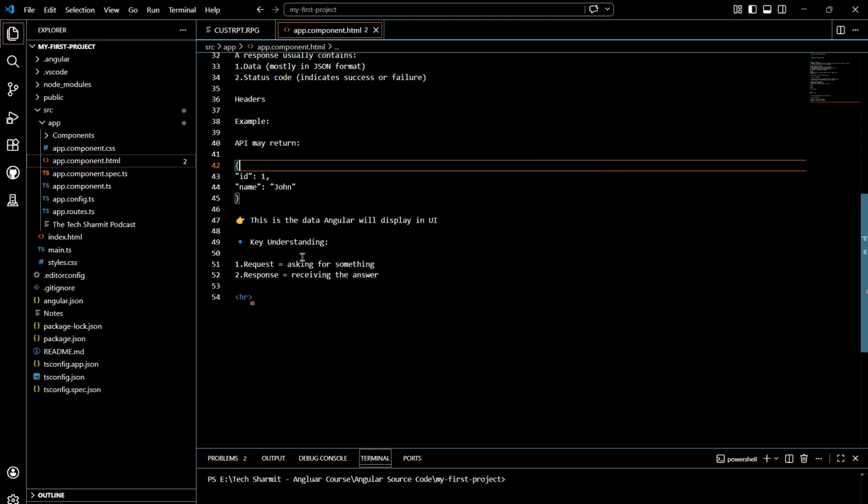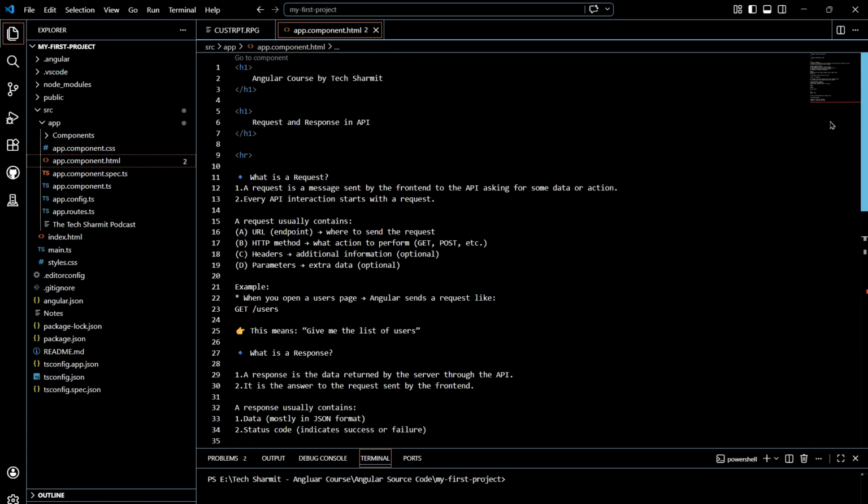Fine. And then we have some key understanding for our today's session. So key understanding is very simple and straightforward, that yes, request is asking for something and response equal receiving the answer. Okay, so these are the two things, request and response. So when you are asking something, it is considered as a request, and when you are receiving something from the server, then it is considered as a response. Clear? So yeah, that's all what we planned for today's session, and I think now these two prerequisite terms are clear to all of you, and